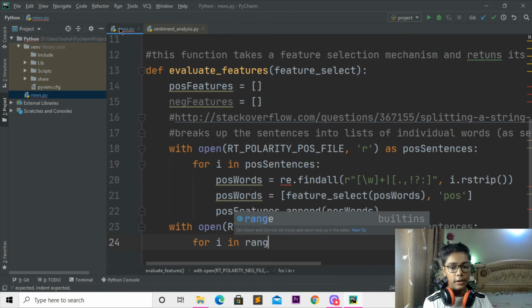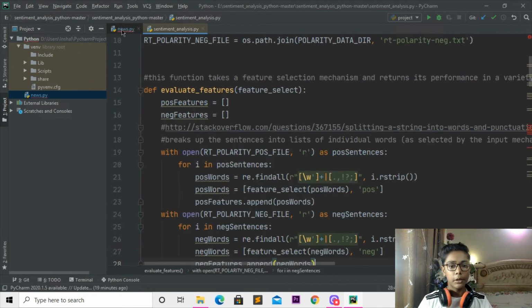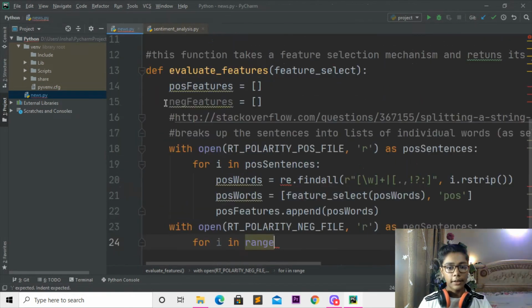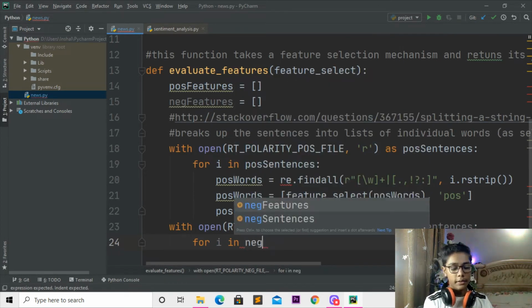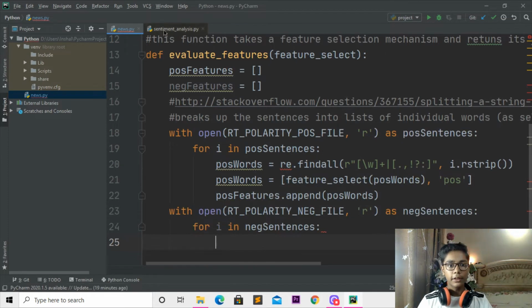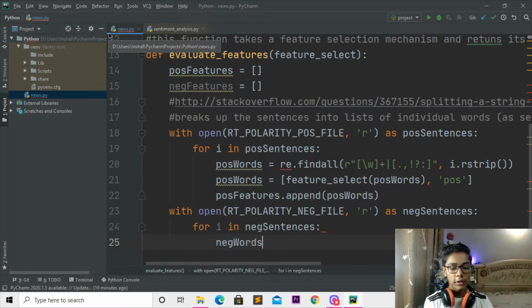So when you've done with that, I'll be writing for i in range, then you can see it is written for i in neg sentences. So here I'll be writing neg sentences. Okay, so when you've done with that, you have to write it like that. Now I'll be making this semicolon, moving down, and you have to write neg words equal,